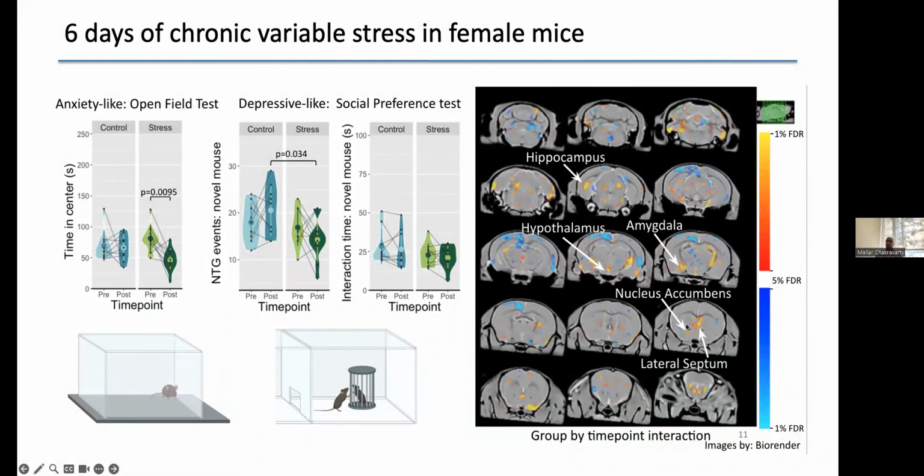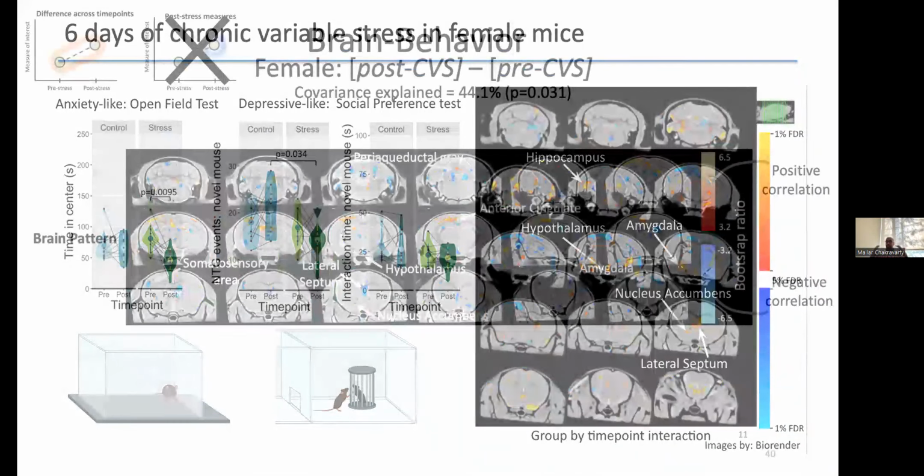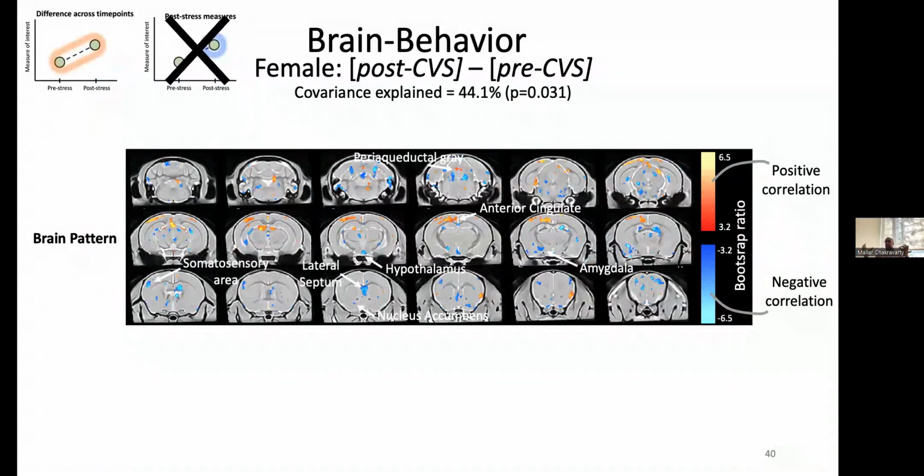And so what we wanted to do is create a spectrum of disorder neuroanatomically and behaviorally based on what we found, to see if there are ways in which we can model the data that is a bit more akin to reality. Instead of cherry picking one or two behavioral tasks, can we use the whole array of behavioral data that we have? Can we use all of the neuroanatomical data that we have? So what we did is we scanned the mice pre and post-stress, in early adulthood. And we used a technique called partial least squares, which I'm not going to go into the details of. I imagine many of you are quite familiar with it.